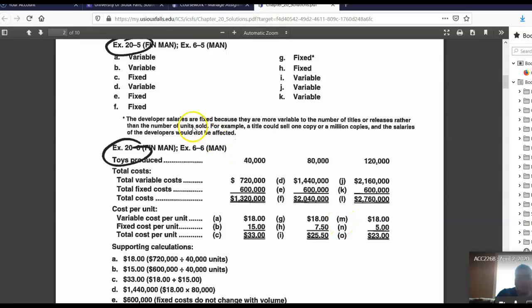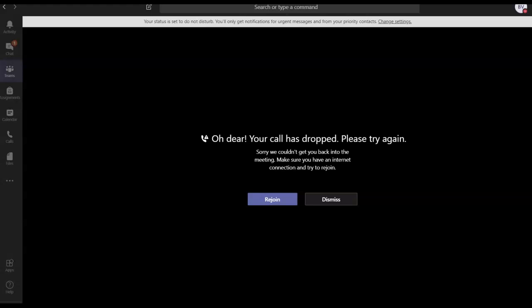So what I really want you to catch in this problem is right here, the fixed cost in total stays the same all the way across. In total, the variable cost, of course, will increase. Again, we're talking total. But when we look at variable cost per unit, think about hourly wages, that stays the same. And that's not what our mind wants us to think, but that stays the same. But the fixed cost per unit, which we would want to look to be the same, that